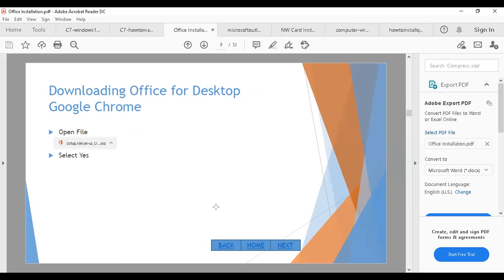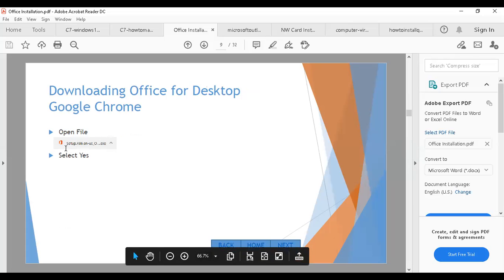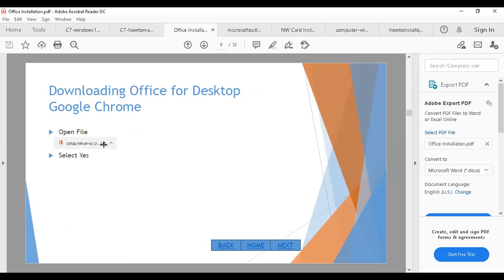Download Office for desktop, Google Chrome. This will be the setup which will get downloaded. After it gets downloaded, it will be a small setup which will download very fast, and you need to select the language, English, and you need to select the architecture, whether it is 32-bit or 64-bit, depending upon your system's operating system.